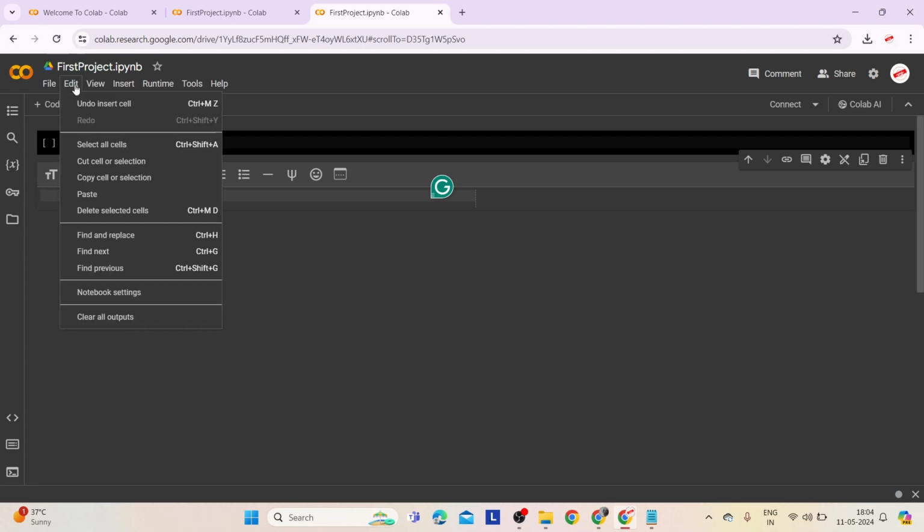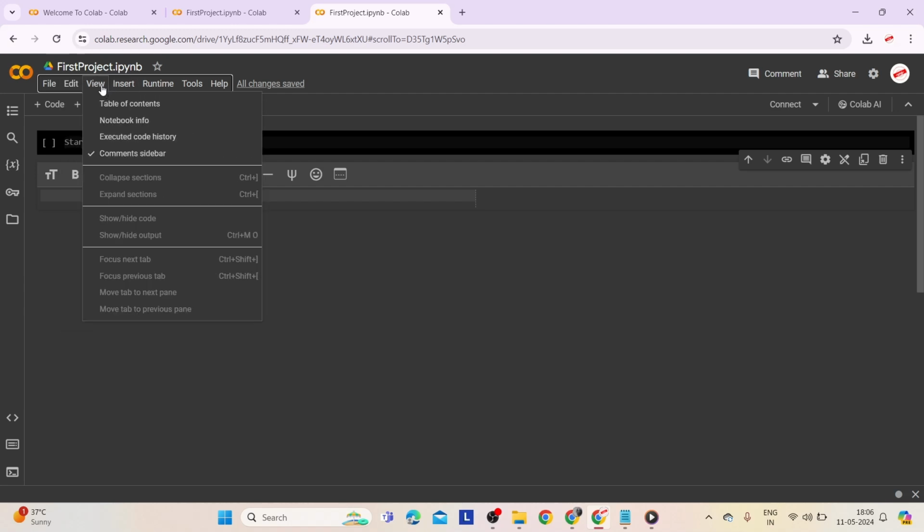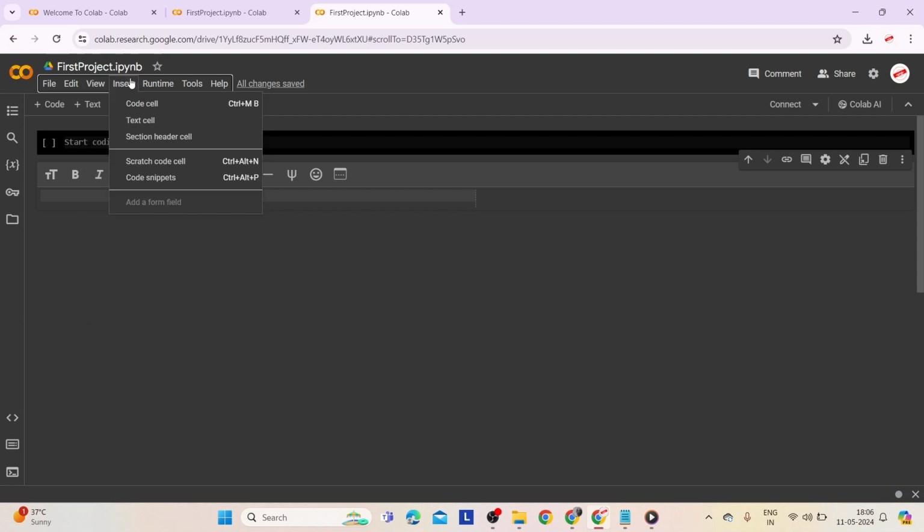In the Edit menu, we have options like undo insert cell that reverts the last action, select all cells that selects all the cells in our notebook, etc. In the View menu, we have options like notebook info that gives us information about the current notebook. In the Insert menu, we have options like code cell that inserts a